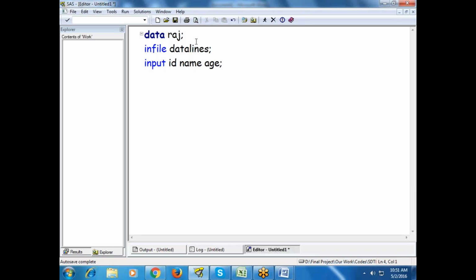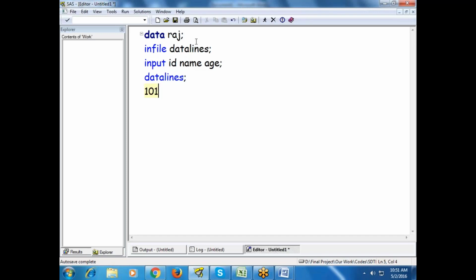The next important word is datalines. Whenever I write datalines, it is an instruction to SAS that from the next line onwards I am typing my raw data.